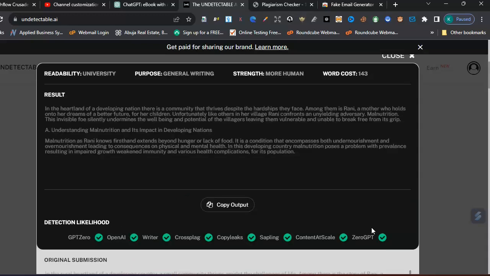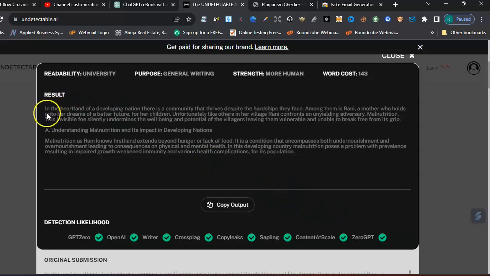It allows 1,500 characters as a free trial, but if you want to pay for it, you can also pay for it. I'll be dropping the link in the comment section, so you can just click the link and come to this interface. But if you stick with me to the end of this video, I'm going to show you how you can get this for free. Right? So wow,